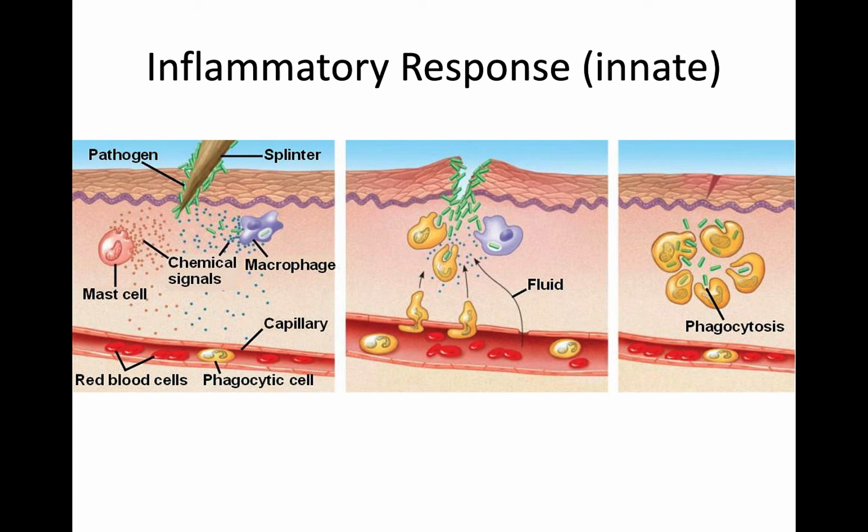The blood capillaries will dilate, allowing for more blood to arrive at the location, which will aid in killing pathogens. Blood capillaries will also become porous, which will allow for plasma and white blood cells to leak out from the blood into the infected area. This helps by allowing clotting factors to attend to the break in the skin and any breaks in capillaries. Plasma leaking into the area also dilutes the foreign cells, allowing for immune cells such as neutrophils to phagocytize, or